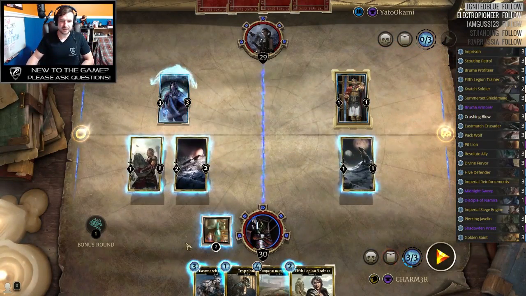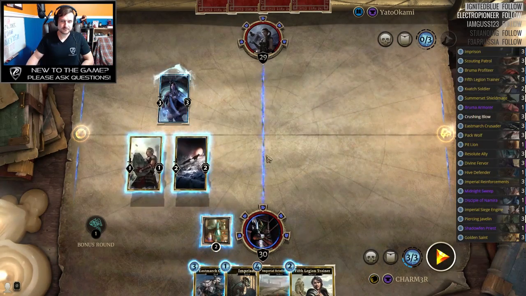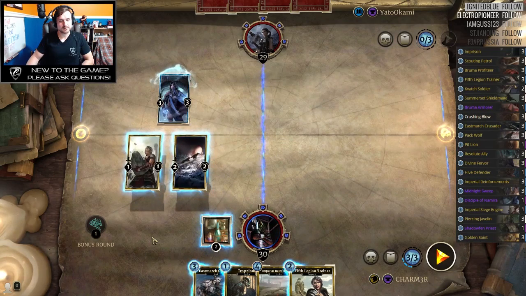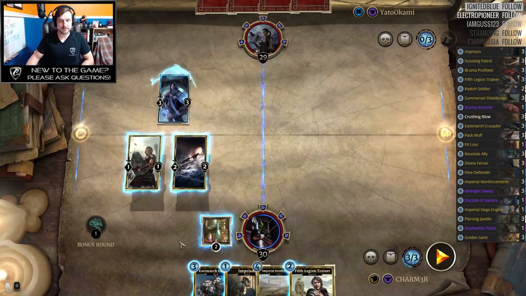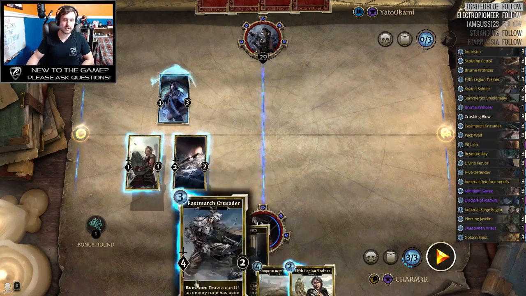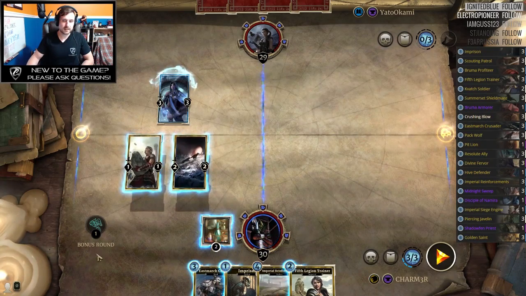So that, well, this is just a question of how greedy do I want to be. Because before reinforcements gets played, I would really like to have a trainer on the board, but I feel like just playing the reinforcements is better. Because then, as long as they don't get nuked, I'll have Imprison and East March available on my next turn. Kind of sucks that I don't...